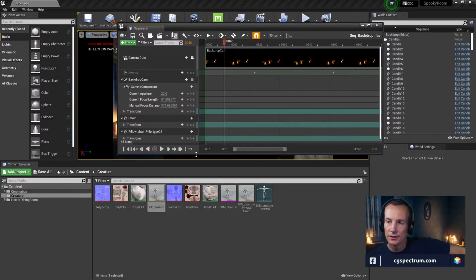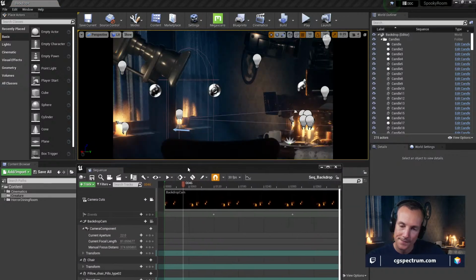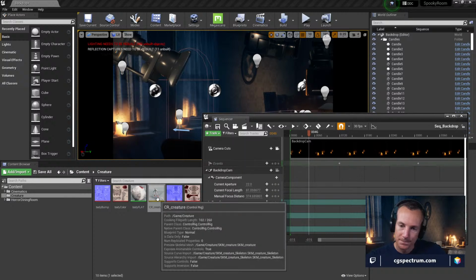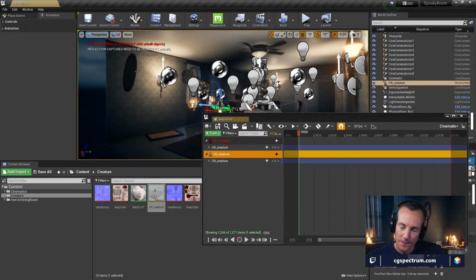Is that one of the things? How do I... I can't do this. It has to be in the environment, doesn't it? Can't be a spawnable item. Alright, I'm going to drag him in here on top of the chair. He goes into this other sequencer, which is not where I want him, but he does exist in our map, so